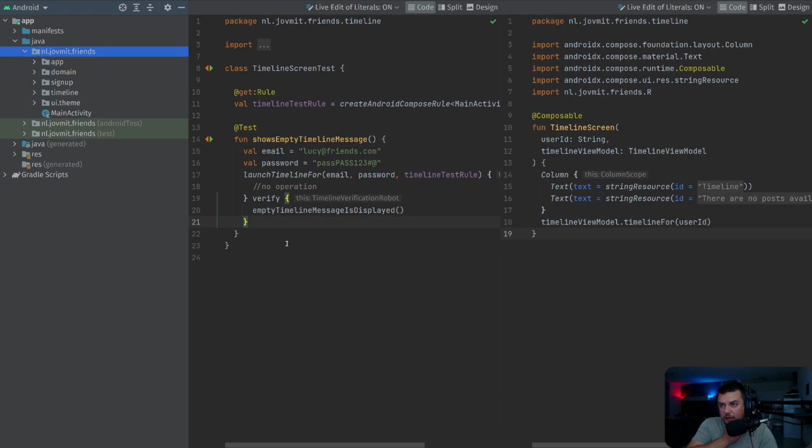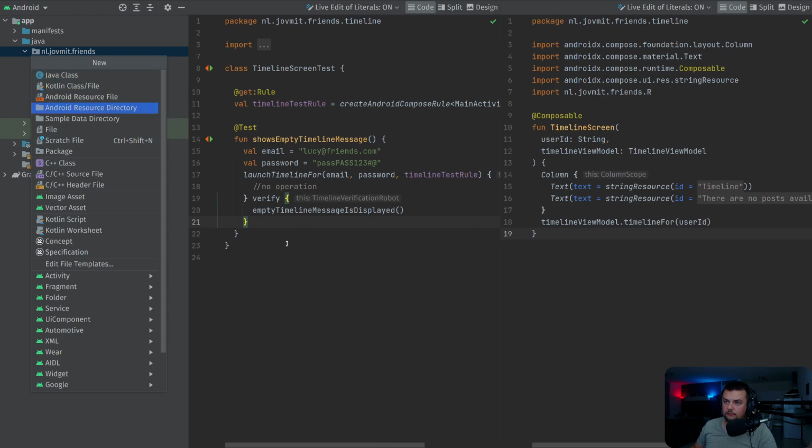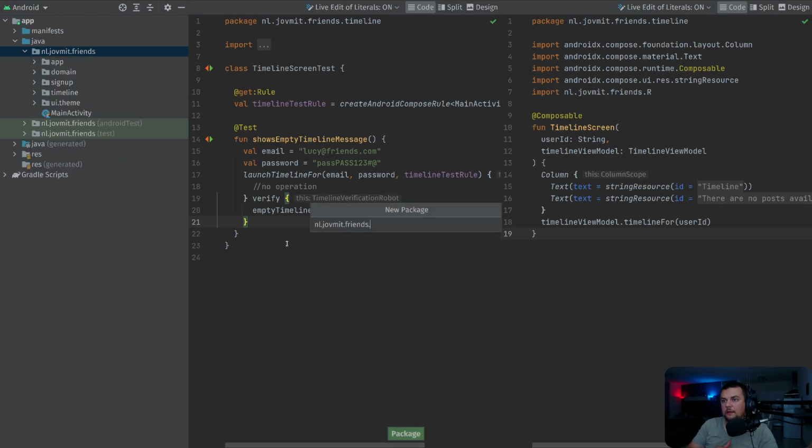I'm thinking whether I should create a package inside the UI or just outside. I think I'm just gonna put them inside the UI and see if I need them afterwards, I can just extract them. It's not gonna be a problem. So UI, and then